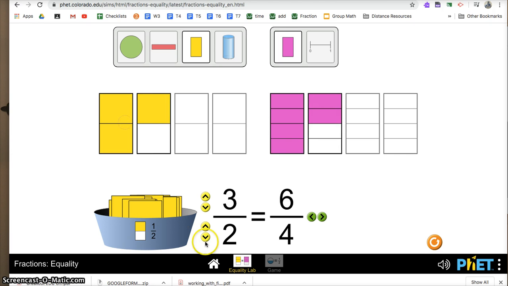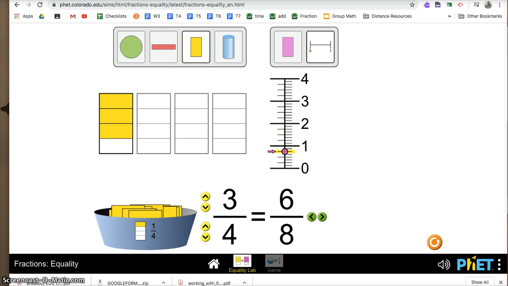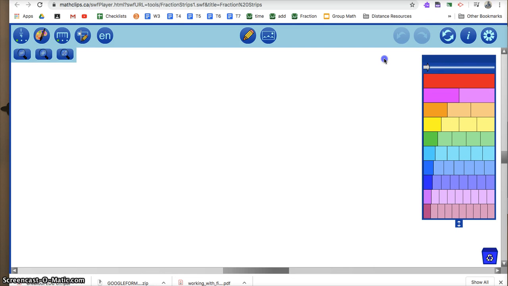Maybe I want, let's make this a larger one. 3/4, and you can see that the lines go the same as 3 sixes. Now some of you are really comfortable with fraction bars, and you can see this on the number line. So if you would rather use the fraction strips, you can allow Flash, and up here in the corner is the Mathy tools, and you can put the numbers right on there,